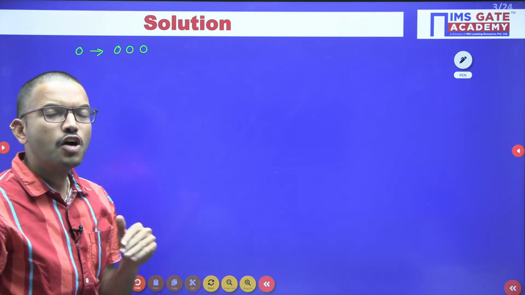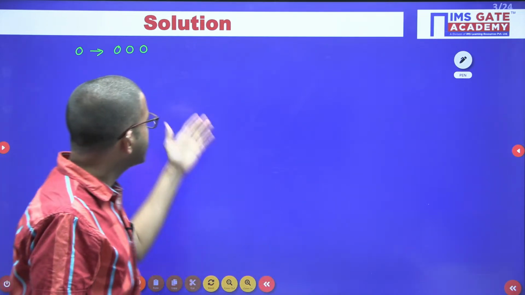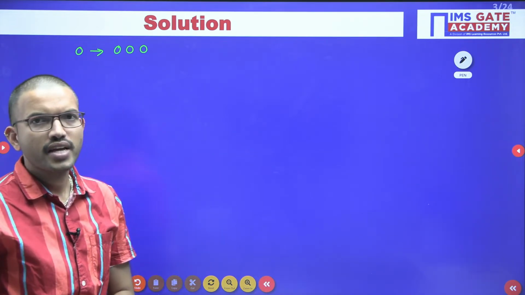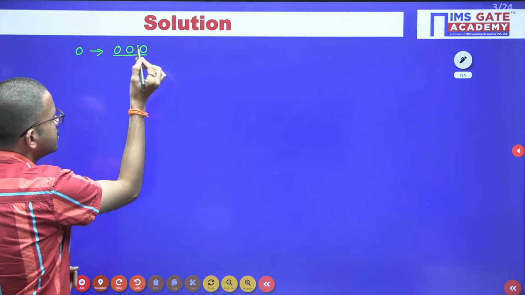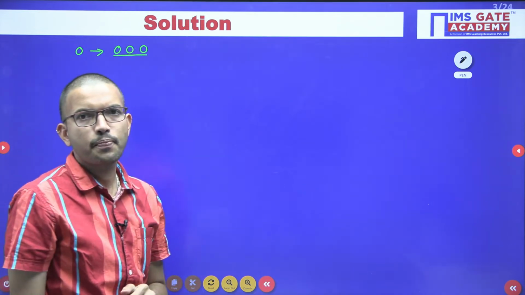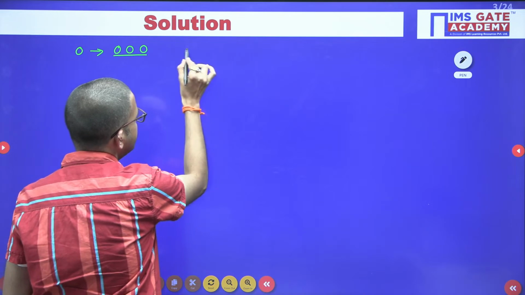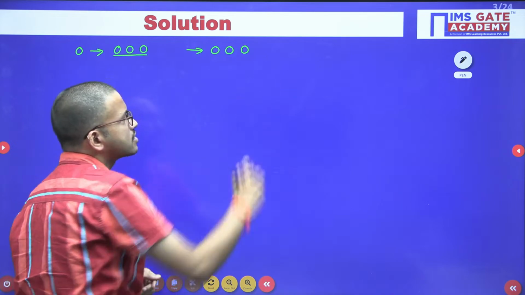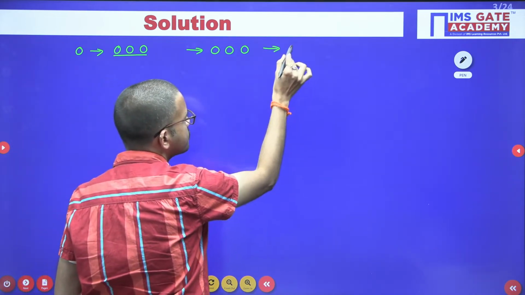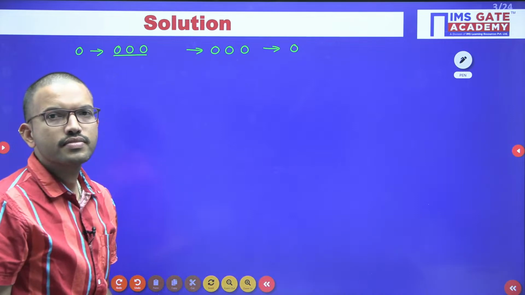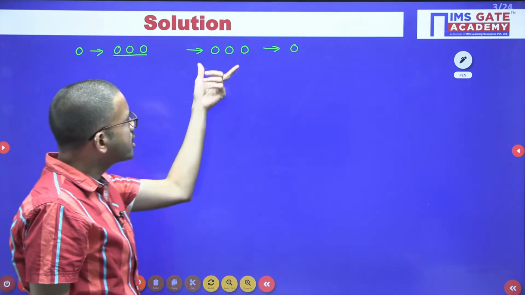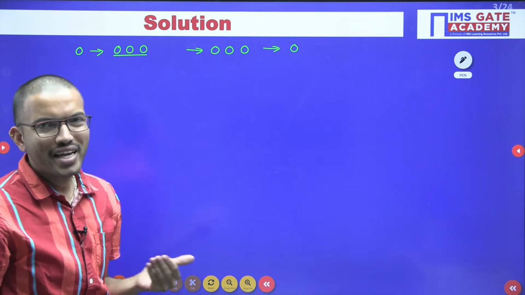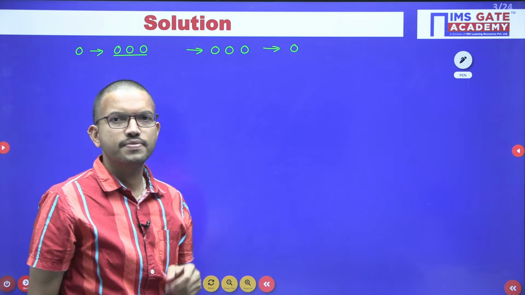But now can you guess what are the possible combinations you may receive at the input of the decoder? Ideal case is, if you are transmitting 3 zeros, ideally you should receive 3 zeros. So from 3 zeros, you can detect the output as 0. This is the ideal case. But now, what are the possible 3-bit combinations that you can receive at the input of the decoder?